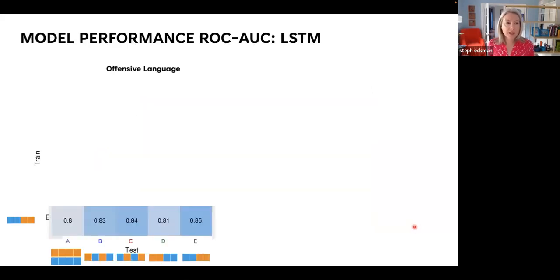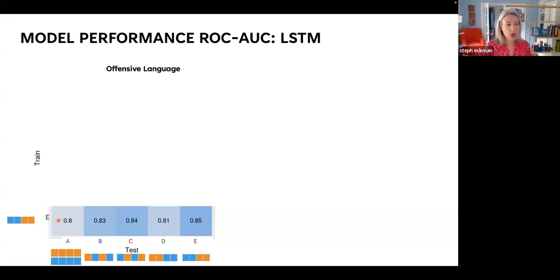Okay, now let's move on to talk about model performance. And again, we're measuring that with that ROC AUC. If you're not familiar with ROC AUC, that's fine. It's just a number that runs from 0 to 1, where 1 is sort of better performance. And we're going to see some 5x5 graphs here. It gets a little complex, so I'm just going to walk really slowly through one row of the table and then broaden it out and show you the whole thing.